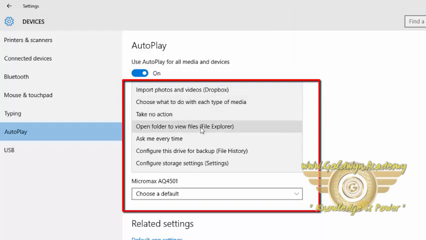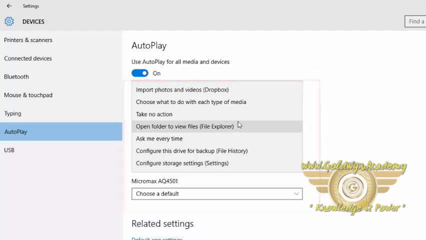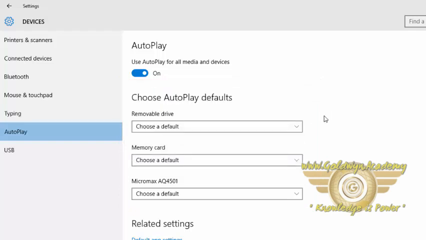Take no action, open folder to view files, which means opening File Explorer of that particular removable drive, or ask me every time. It will ask you every time when you connect a removable drive, and you can choose what action to take. Likewise, memory card and other devices that are connected to your PC. So this is about the autoplay option.